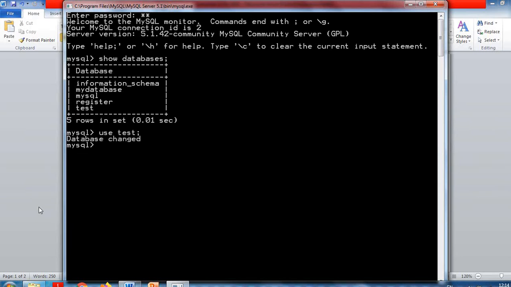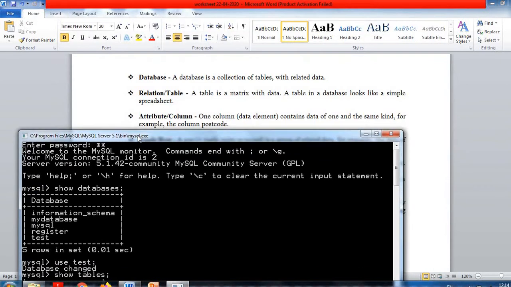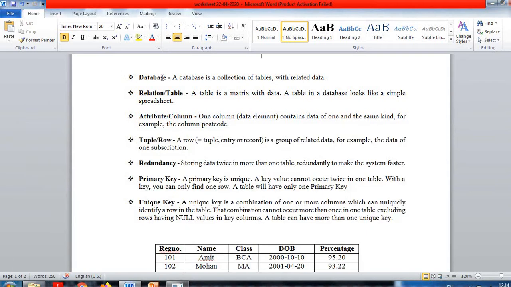In the last class we were using the test database, and as you can see, in the test database there is a table student. If we are creating more than one table in a database, the collection of tables is known as a database. I think this is clear.